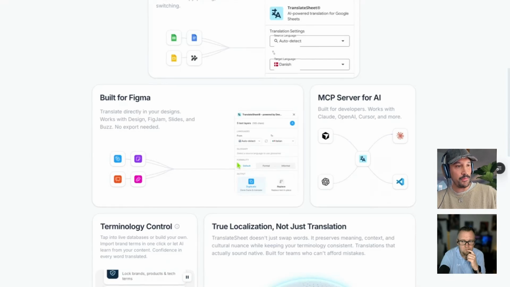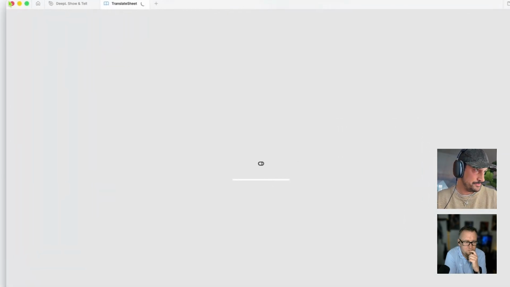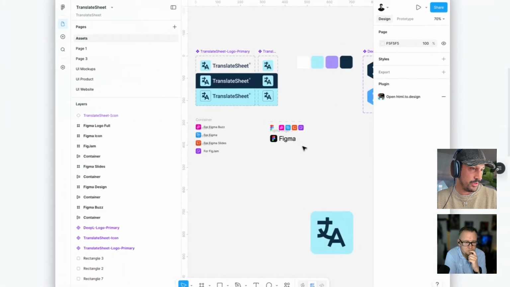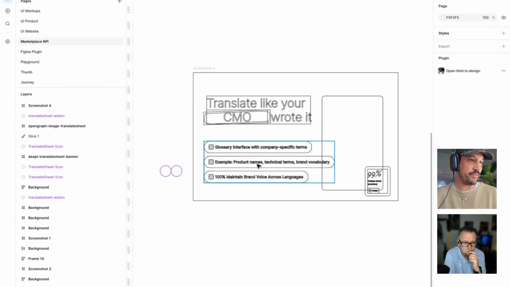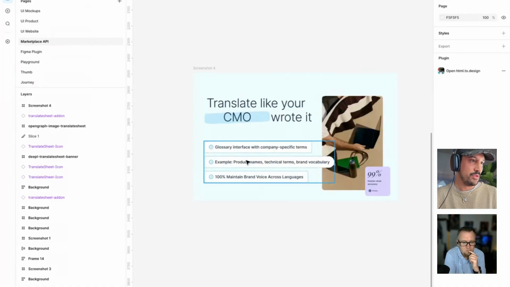And then I began solving the Figma localization. Or let's be honest, we can stay for now on the translation case, because on Figma, and I also just, let me open Figma really quick. So now I have Figma open. In my TranslateSheet library, you have maybe a design, and this is like an open file, right? You have text, but in different styles, maybe you have like an auto layout active, and now you want